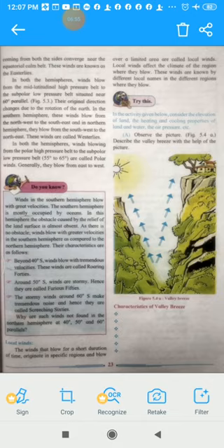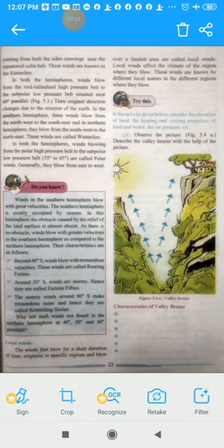So in both the hemispheres changes are taking place due to the rotation of the earth. Let us see now the next type. In both the hemispheres, winds blowing from the polar high pressure belt to the subpolar low pressure belt. Now see there, first see in the northern hemisphere upside, can you see the word polar winds on the extreme north pole? Yes. So now it is high pressure belt.